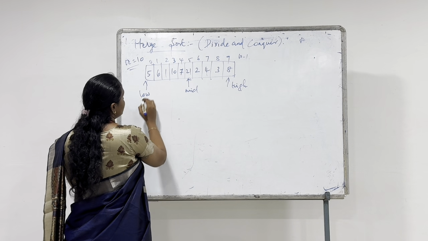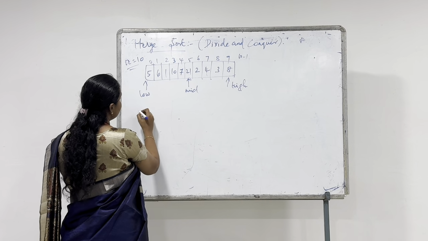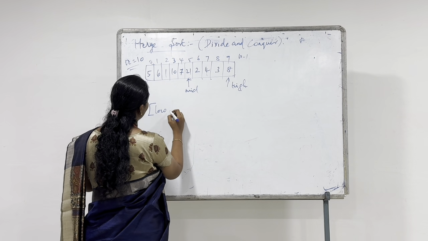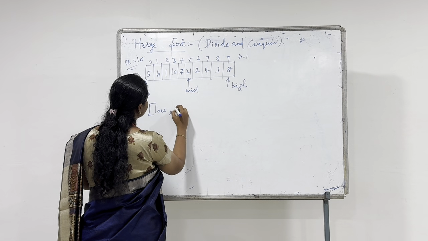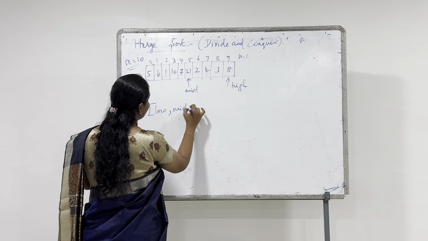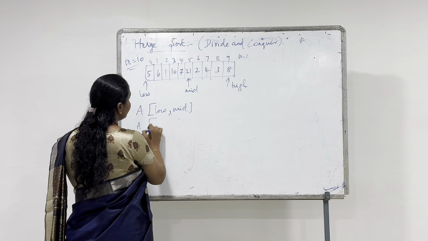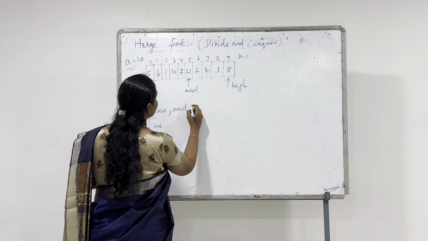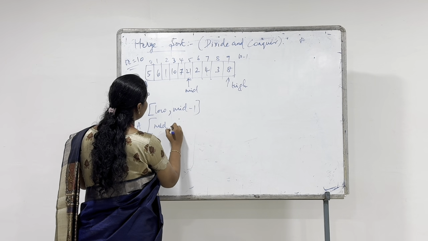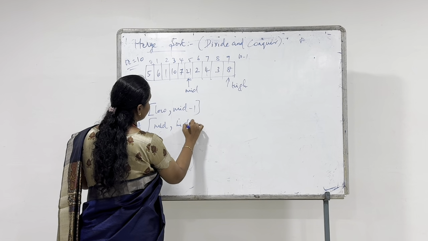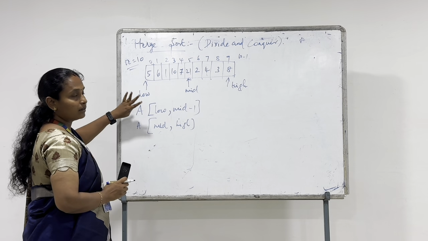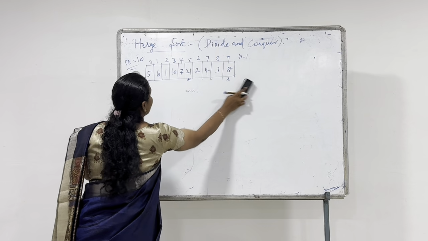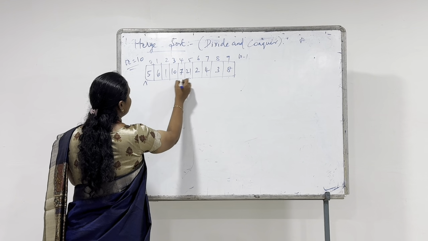So you are going to divide the array. For example, the array is A. You are going to divide the array from low to mid minus 1, this is one array, and mid to high is another array. We are going to divide the array into two halves based on the mid position. So now the array will be divided like this: